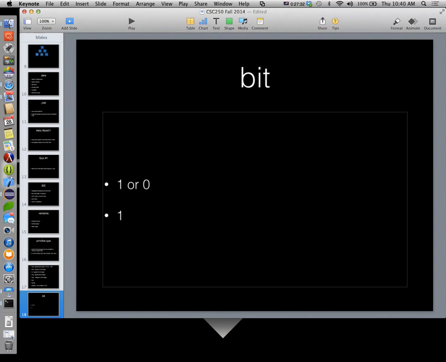If we're going to represent it as an entire byte, it would be that. What's the number 2? What's the number 3? All right, so how do these guys actually work?